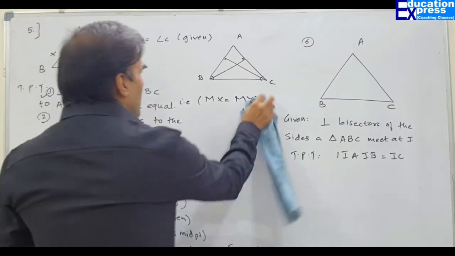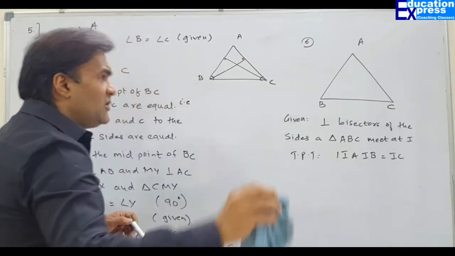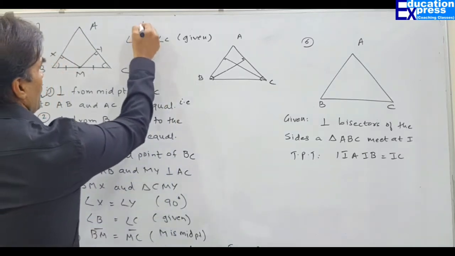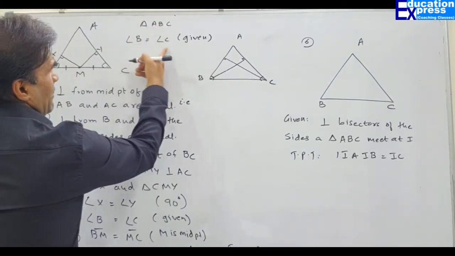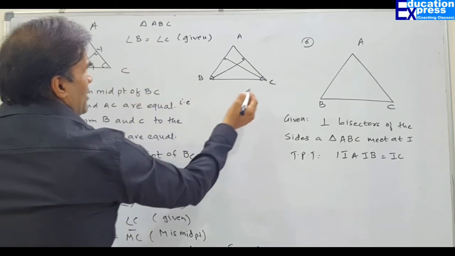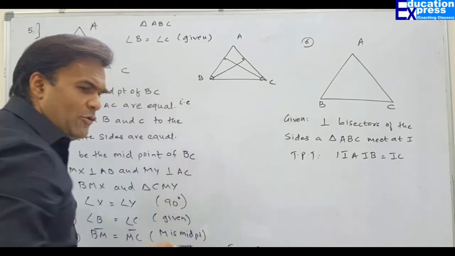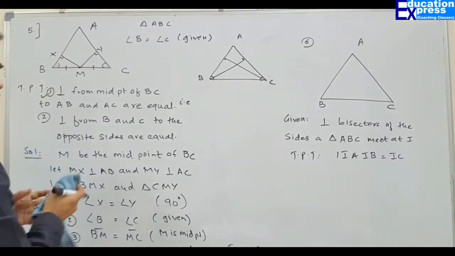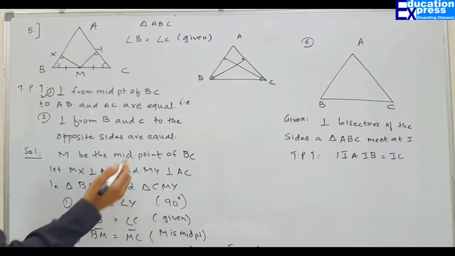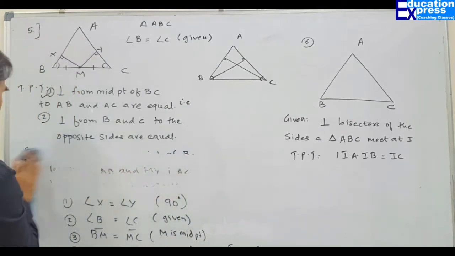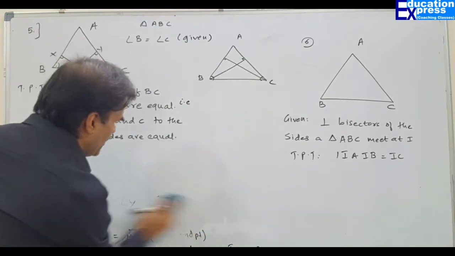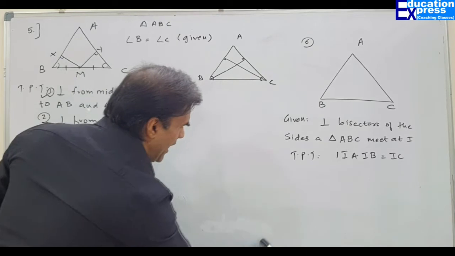What are they saying? Information given to us: in triangle ABC, angle B equals angle C. Also it is given to us in my solution. I am erasing this part of the solution. So for the second part that we have to prove, have a look over here, because the diagram more or less will remain the same as what I have sketched over here.